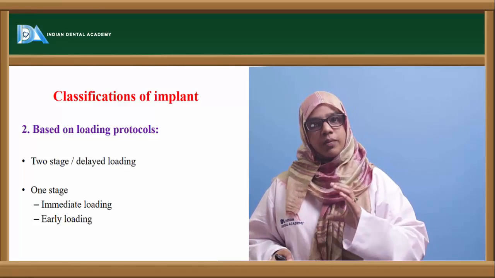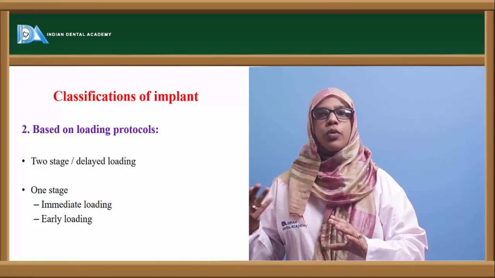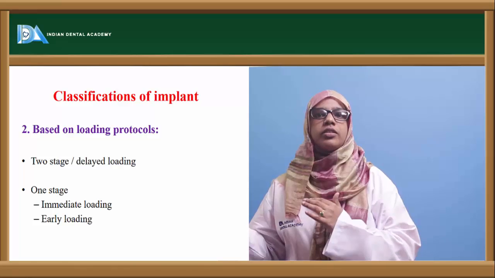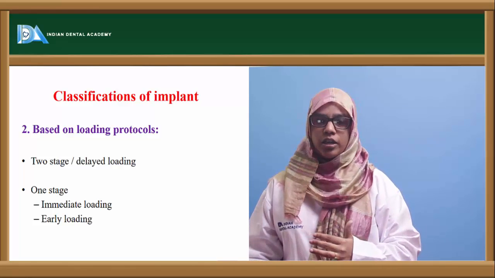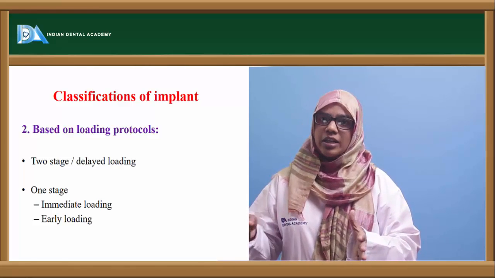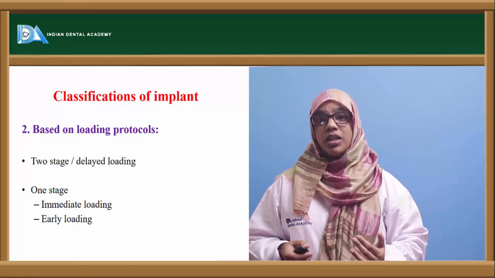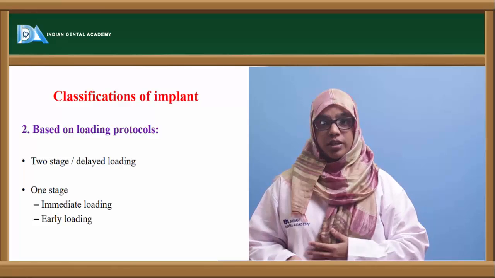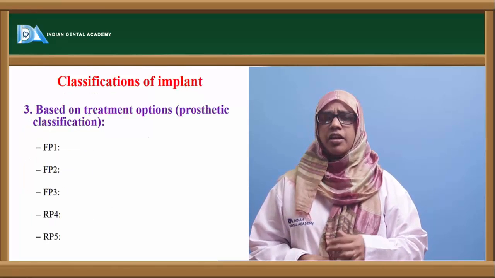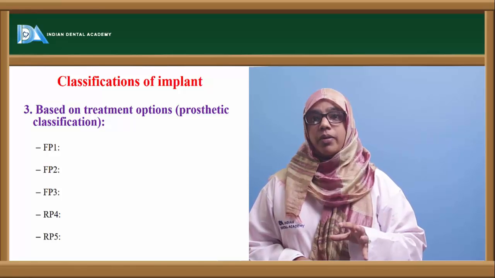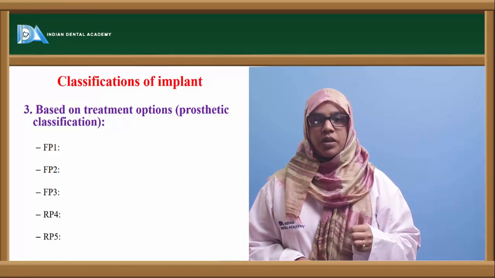Then you will keep the prosthesis in occlusion, and tell the patient to have a soft diet for 1 to 2 weeks. Then after another 1 to 2 weeks, tell the patient to have a normal diet. So you are incrementally increasing the stress, which is termed progressive loading, which is nowadays the current concept of loading the implant.